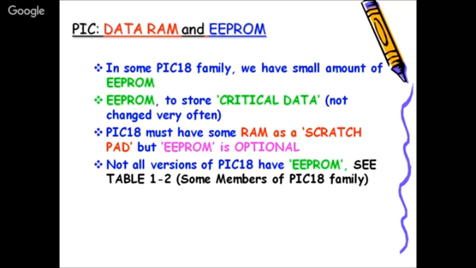अच्छा, कुछ फैमिली में स्मॉल अमाउंट ऑफ EEPROM भी है, इलेक्ट्रिकल प्रोग्रामेबल रीड ओनली मेमोरी। अनलाइक फ्लैश जो आपका कोड स्टोर करने के लिए यूज होता है, ये EEPROM वेरिएबल स्टोर करने के लिए है। कुछ प्री सेटिंग्स जैसे मैं रिमोट का ऑफन एग्जांपल देता हूँ, वहां स्टोर होंगी। क्रिटिकल डेटा जो नॉट चेंज वेरी ऑफन, और ये रीराइट भी होगा। ROM एक बार प्रोग्राम फिक्स कर दिया तो वही हो गया, बट EEPROM की प्रोग्रामिंग ऐसी हो सकती है कि यू कैन चेंज सम प्री सेटिंग्स।